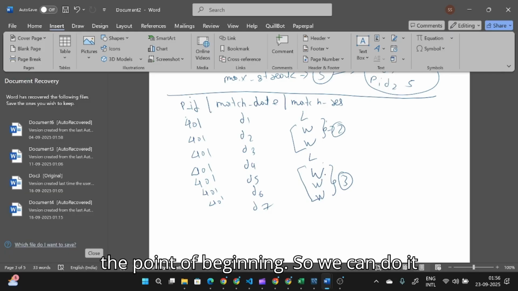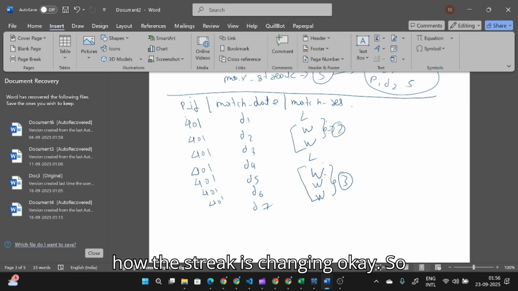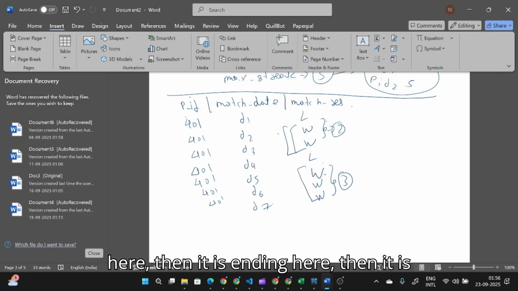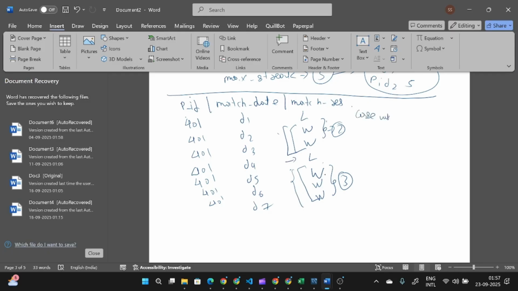So we can do it by the case statement. It is difficult to visualize in the first go, but when I write this case statement, it will be clearly visible how the streak is changing. So the streak is starting from here, then it is ending here, then it is starting again from this. Okay, the case will be when match result